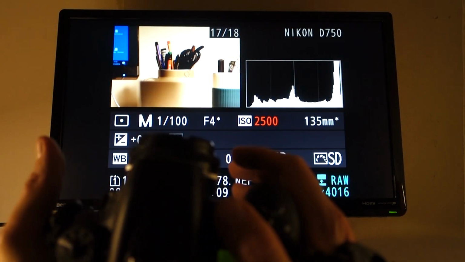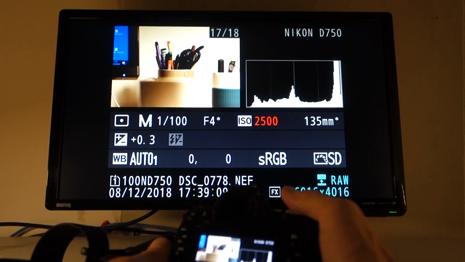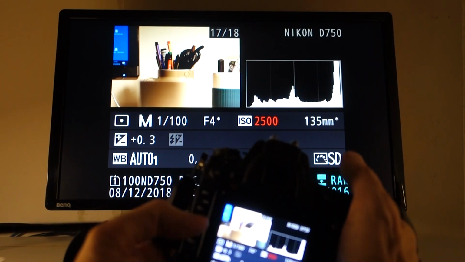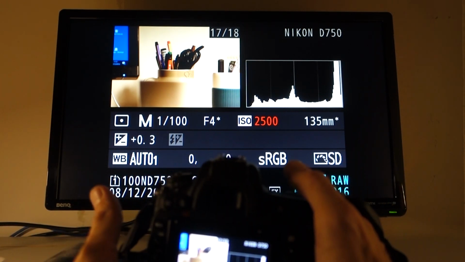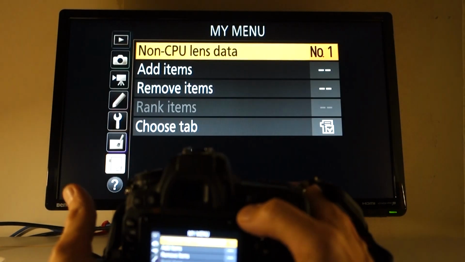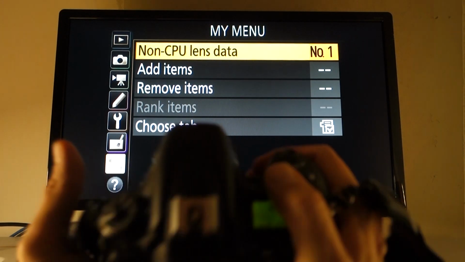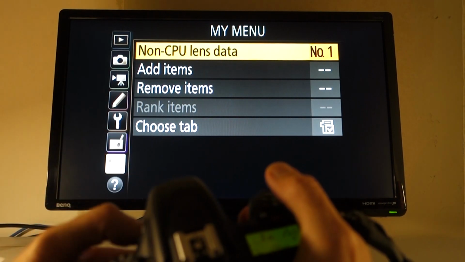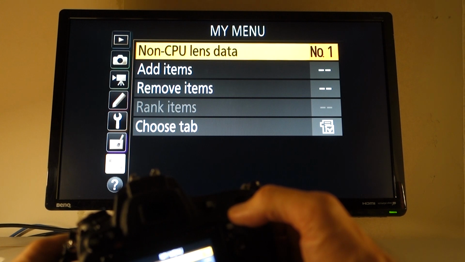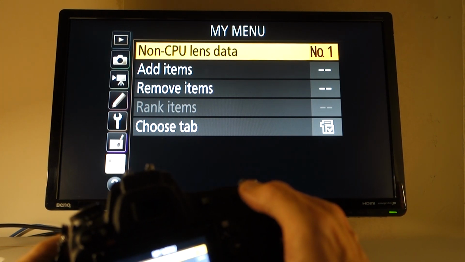So that's it. What are the benefits from doing this? I think first and foremost for me is that when you change the aperture or turn the lens, let me just show you here, let's say I have the Nifty 50 on. That ranges from 1.8 in aperture up to, I can't recall how much it is, but let me show you here. When I turn the ring, you still have to use the ring. You can't turn it from the camera. Normally you will use the front dial, but you can't do that here.